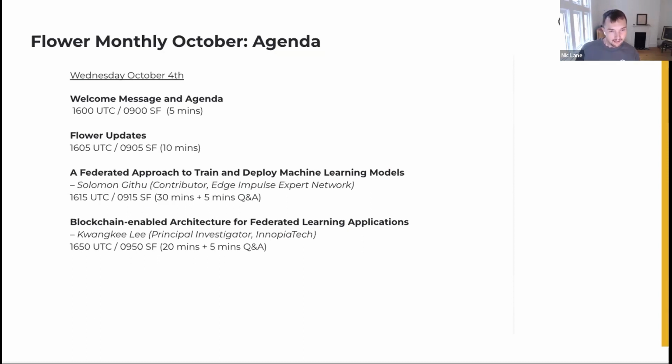The first invited speaker after we've given these updates will be a talk given by Solomon Githu, who produced a tutorial on how you can use IoT devices in a federated learning setting. I saw this tutorial that was publicized by Edge Impulse because he's a contributor to the Edge Impulse expert network.